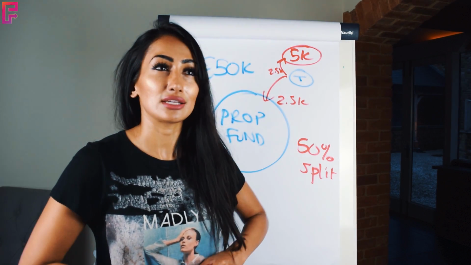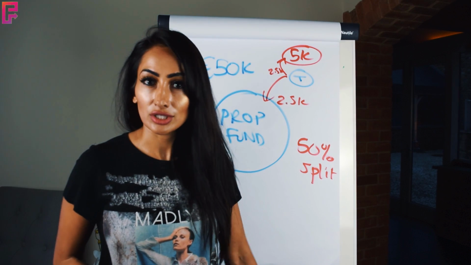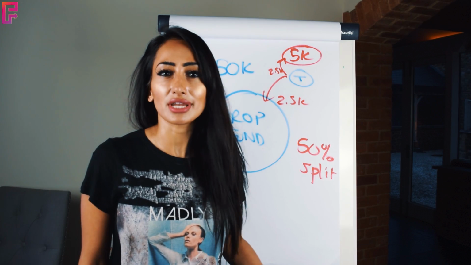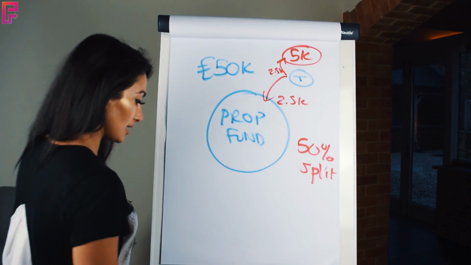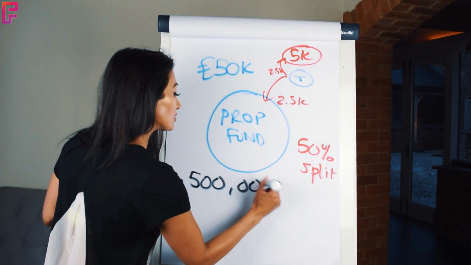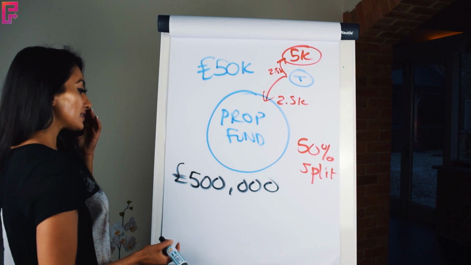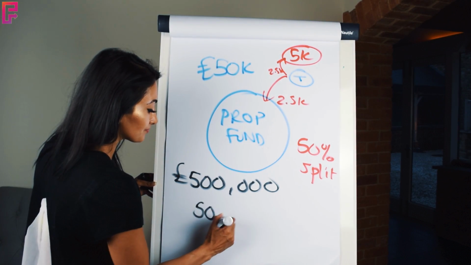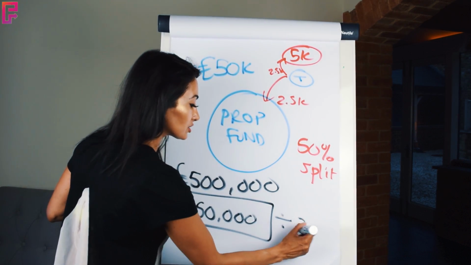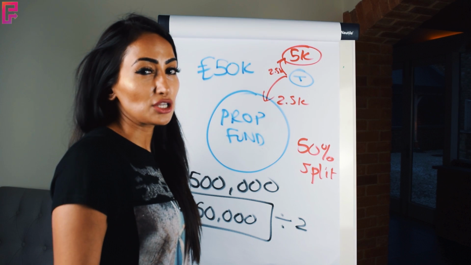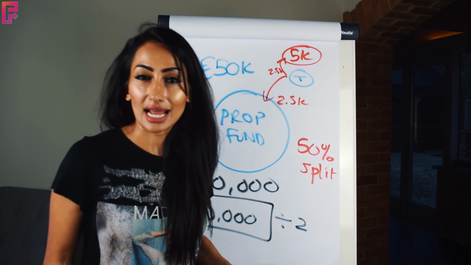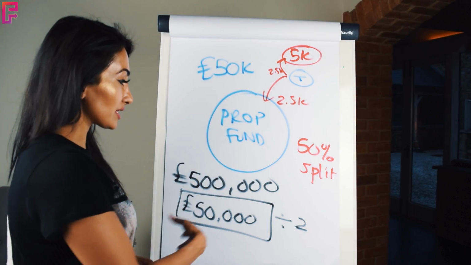The same kind of trading, let's say if you made, in this case, 10% of 50k is obviously 5k, 10% of 500k becomes a lot bigger. So let's make it really obvious, just so you get these numbers to land. Let's say you were playing with £500,000. 10% of that becomes 50k. £50,000, which is then the profit that we split, divided by 2 or whatever we agree. Usually, to be honest, it will probably be like a 20% split for you, or 25, depending on how good you are. And I will take the rest plus the prop fund.